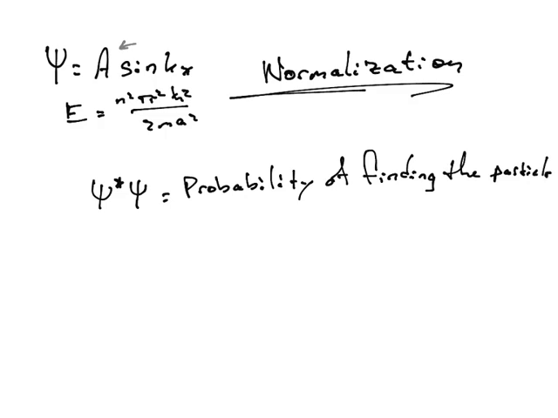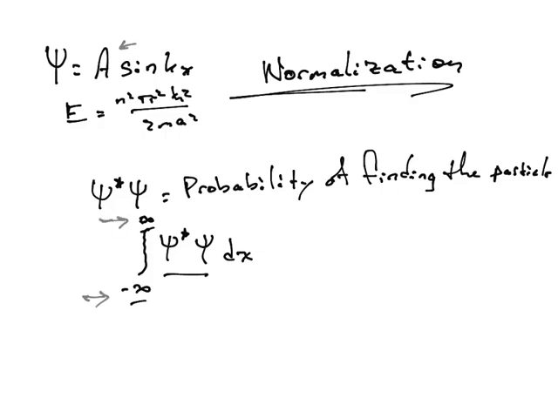So, if that is true, then it must mean, if we take the integral from negative infinity to infinity of psi star psi dx. What is this? This is the square of psi, that's that part. The integration means take that function and look between this value and that value for x. So if I take the probability of finding the particle and I'm looking between this point and that point, everywhere in between,